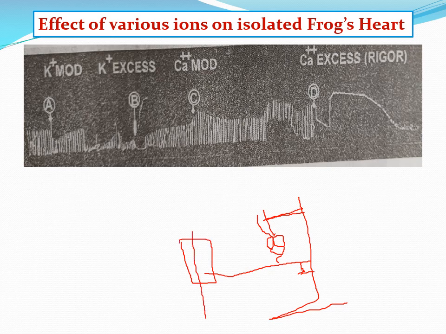And this drum is rotated by the kymograph. Here contraction and relaxation occur like this: contraction, relaxation, contraction, relaxation, it occurs in this way. It's a normal cardiogram, and the heart is attached here. So remember, if you compare with the previous practicals, the position of the heart was here in the previous practical.